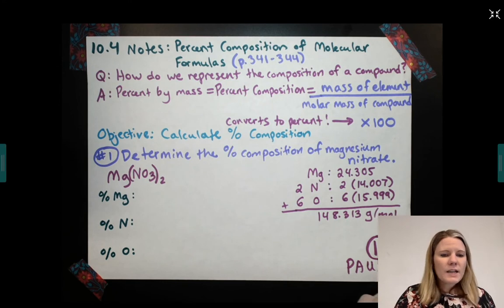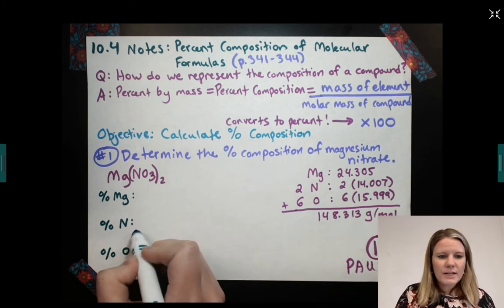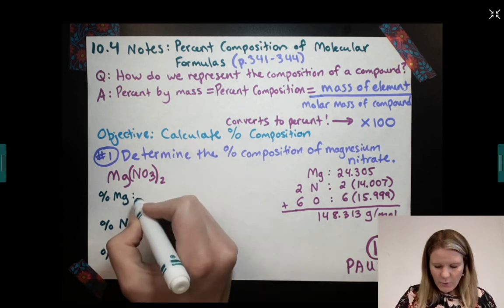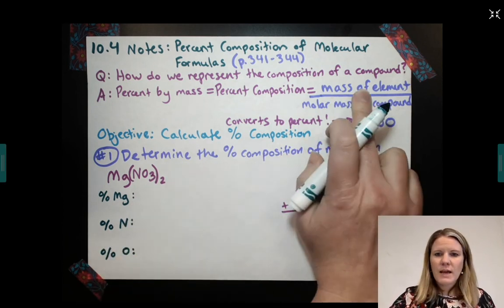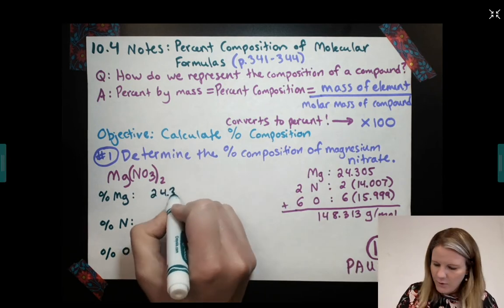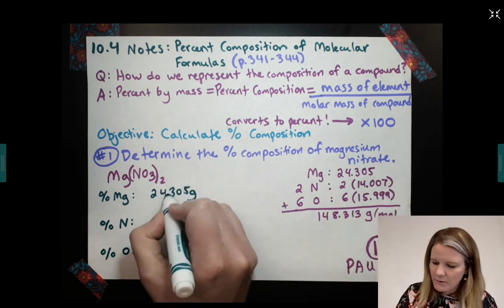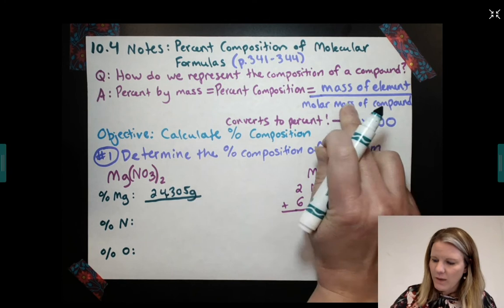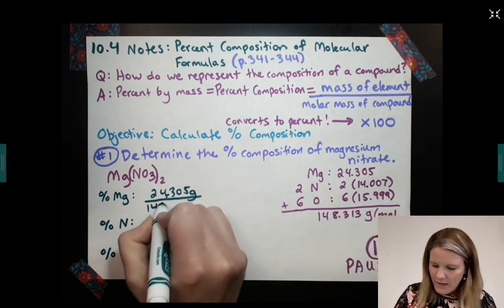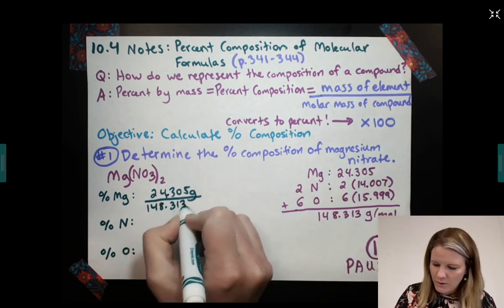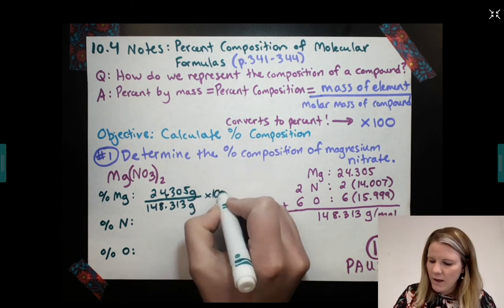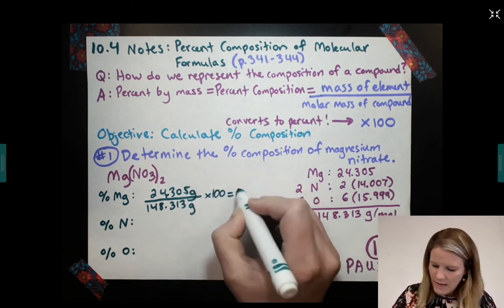So let's calculate percent magnesium, percent nitrogen, and percent oxygen. So percent magnesium, we need to put the molar mass of magnesium in the top of our fraction. So that's 24.305 grams. And we need to divide out by the molar mass of the compound, which we just calculated, 148.313 grams. And don't forget at the end to multiply by 100. And that gives us